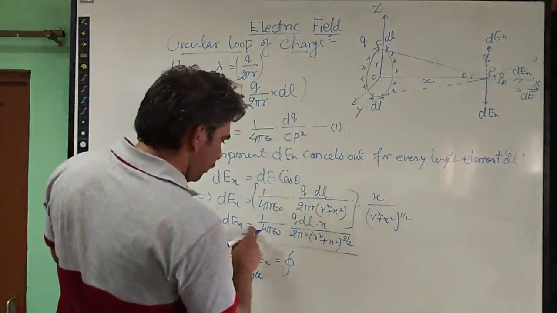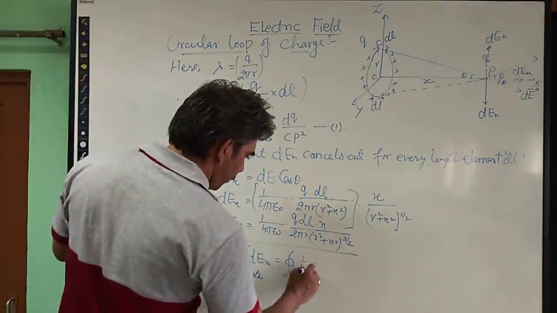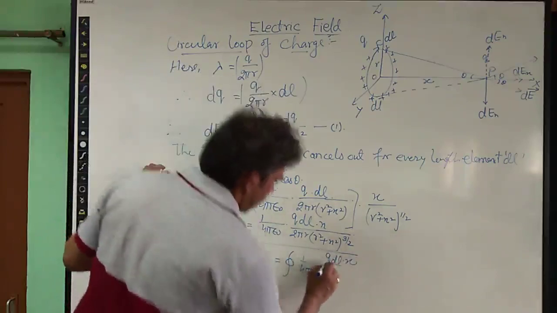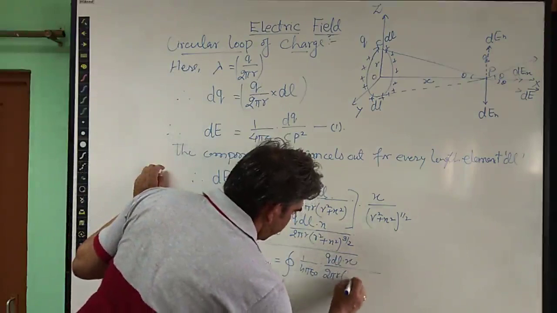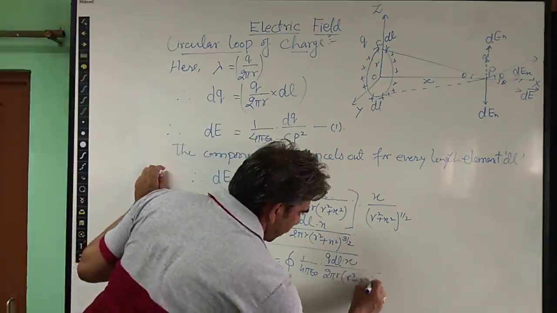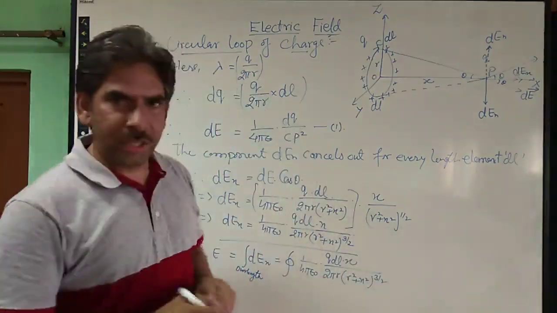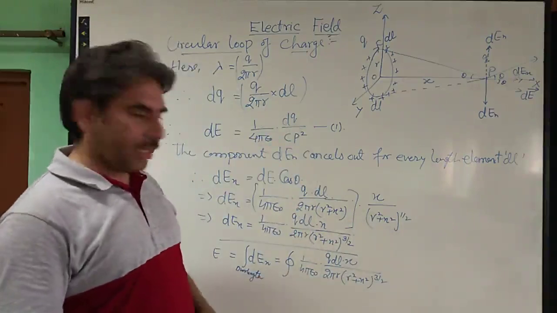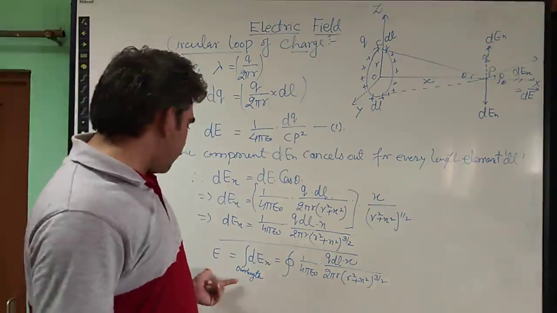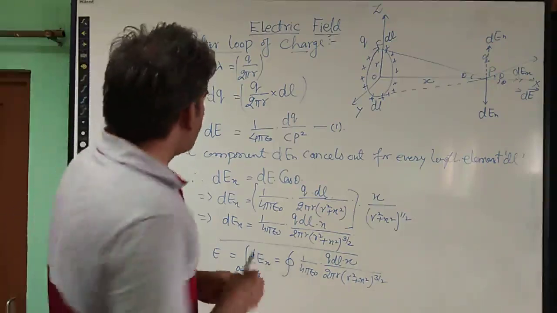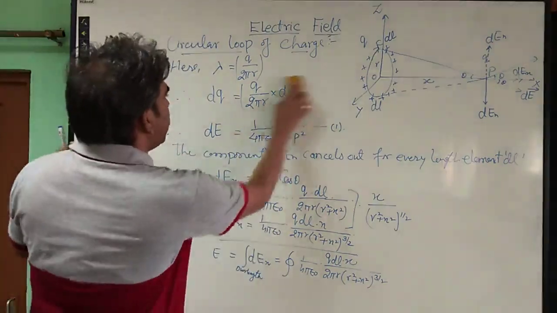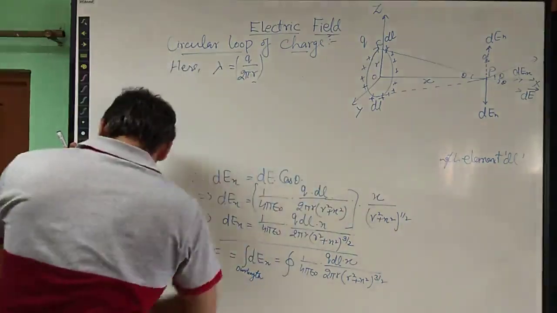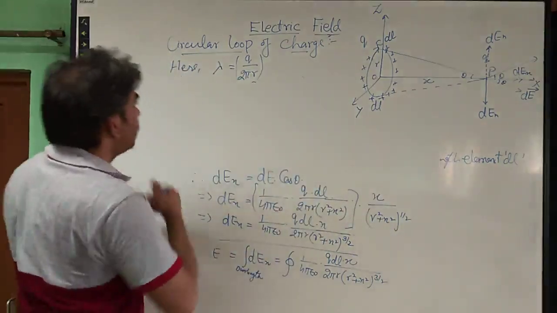So you can write the value of dEx as 1 upon 4 pi epsilon naught into q dl into x upon 2 pi r into (r square plus x square) power 3 by 2. So we simply have to find out the integration here, and we will get the final result for the electric field. Okay, so I am just making some space here. So therefore, this electric field